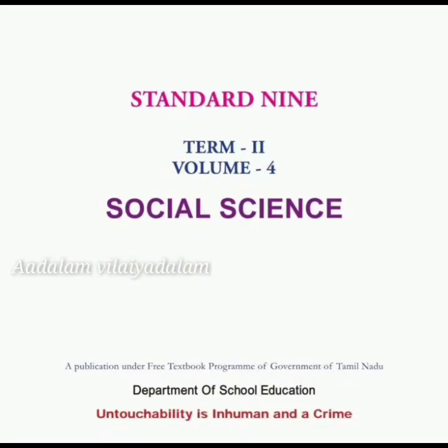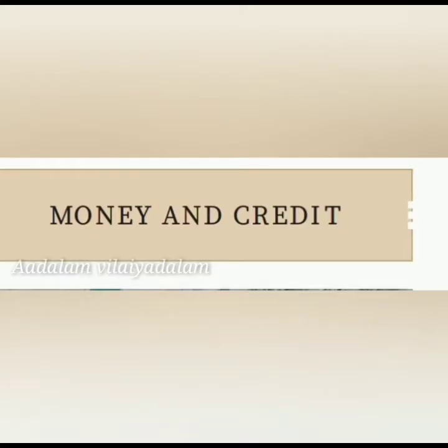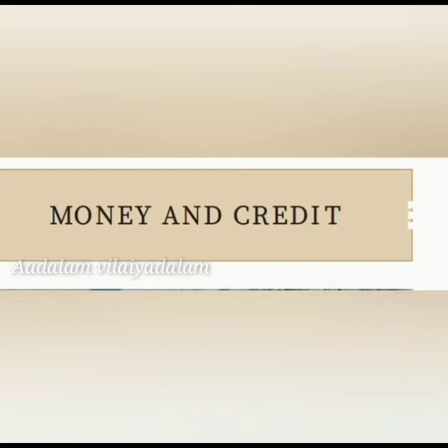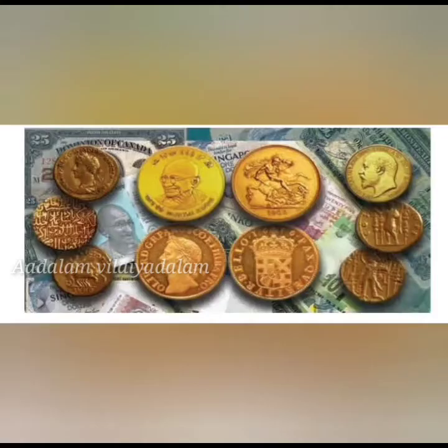Today we are going to see Unit 3, Money and Credit, in Economics. In this chapter, you come to know about the barter system, the various transactions of money, the role of RBI, and the types of credits and beneficiaries. This chapter deals with the evolution of money over the years and its function.